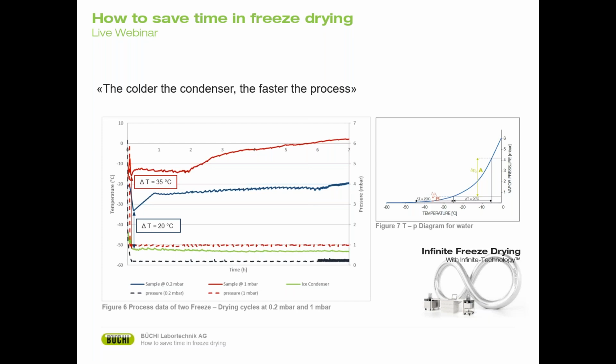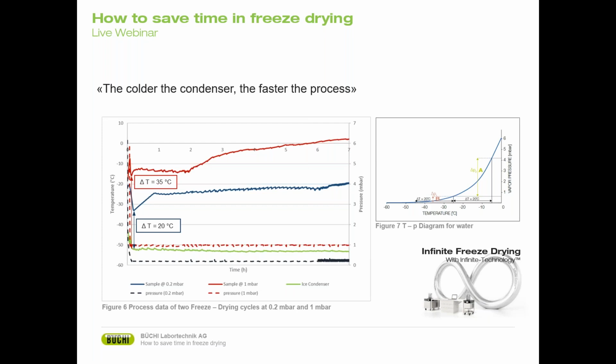In figure 7, you can see a temperature pressure diagram for water with 2 different delta P's, one and that correspond to the same delta P. And as you can see, the lower the temperature, the lower the pressure. Our delta P1 is the red one, is very, very low. While when we increase the pressure, we still keep a delta T of 20 degrees, but the pressure difference is